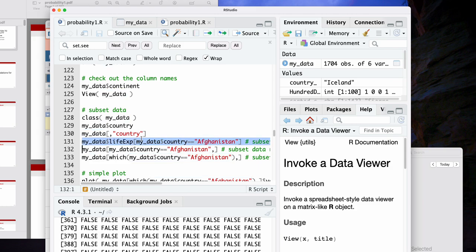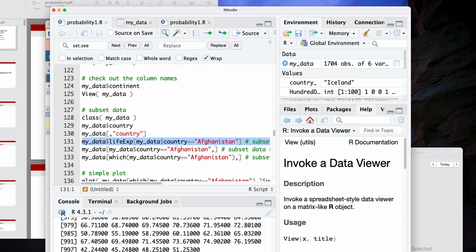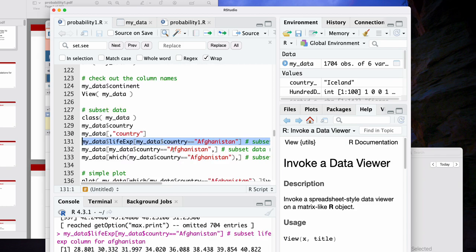And in R, you can subset data using those logical operations. So if you have this life expectancy column, you can subset the life expectancy column, and those trues and falses subset it on the basis of those logical statements that we just have. It's going to return all of the values where that logical output was true, and it's only going to return those. So this is a way of subsetting your data to look at just the life expectancy data for Afghanistan. Are there any questions about that?